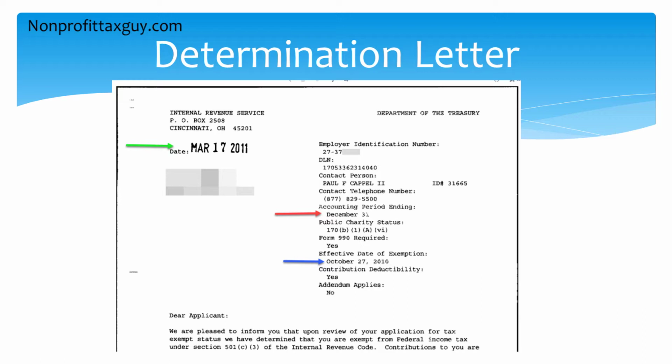So in this case, the first accounting year for this organization is going to be starting October 27, 2010 and ending December 31st, 2010. So their first filing will be due May 15th, 2011, and it will cover that short period. Okay, but then the next year after that will start January 1st, 2011, and go through to December 31st,